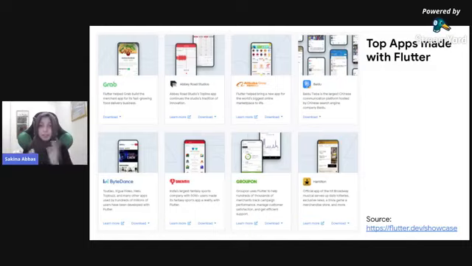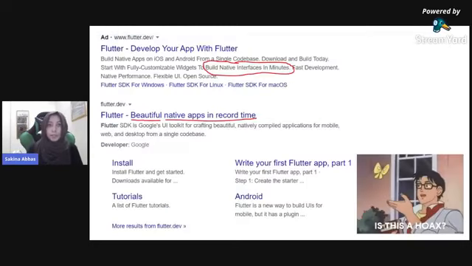were built with Flutter. And the good news is that recently, just about a few weeks ago, Google revamped its Google Ads app. They completely revamped it and migrated the entire source code to Flutter. So if you check out the latest Google Ads application, it's made entirely with Flutter. You can check out the rest of the applications on this URL that I've provided down here below, which is flutter.dev/showcase.